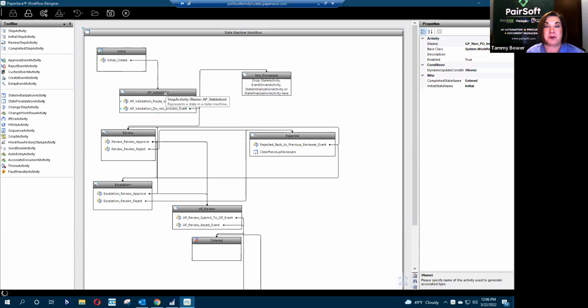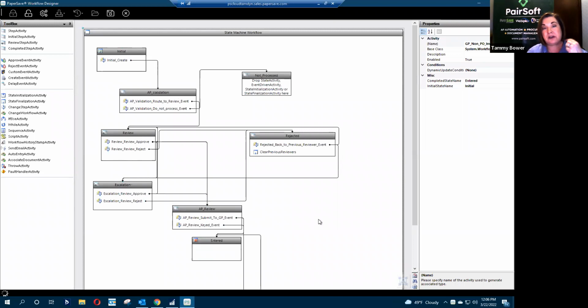This is the stopping point for the invoices for me, as an accounts payable, to validate the OCR, the optical character recognition, and then to route them to an approver or approvers. They approve it. Ultimately, it ends up back inside of an accounting inbox for them to submit the data. You can have rules in the workflow that will escalate things if it's over a certain dollar amount to a certain account that you might be coding it to.